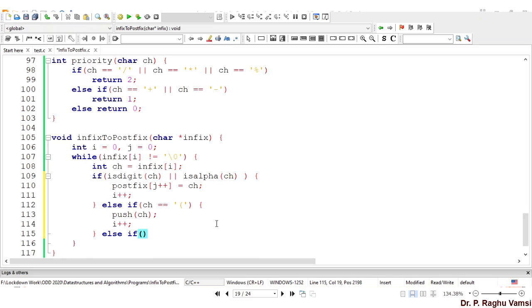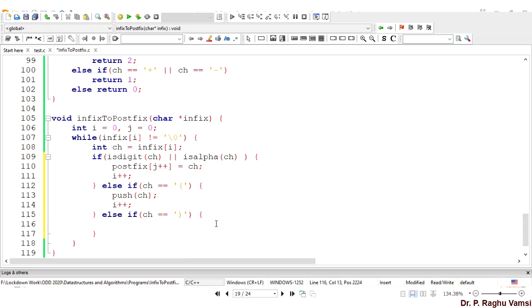Else, what is the case if the closed bracket comes, ch is equal to closed parenthesis, while reading the infix expression? Since the bracket close has appeared, that means there may be a bracket open in the stack.